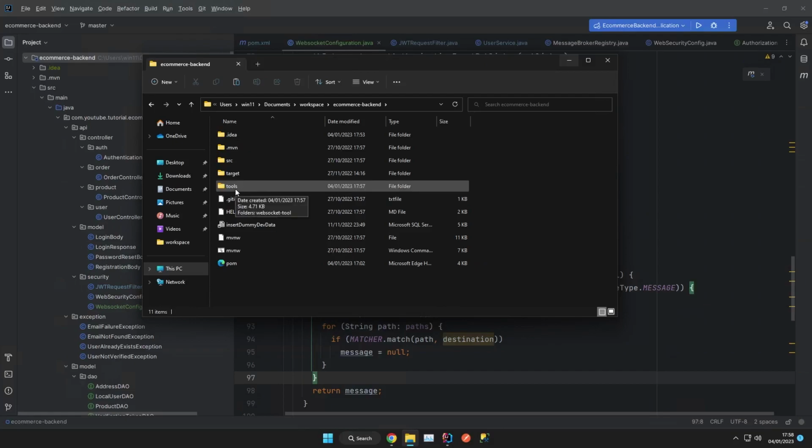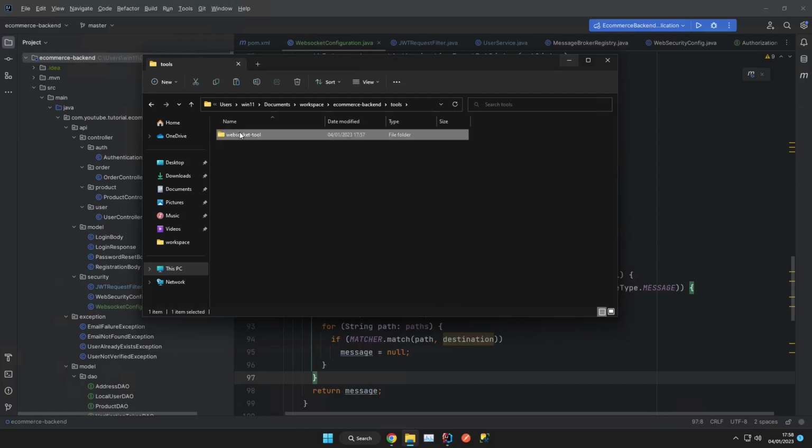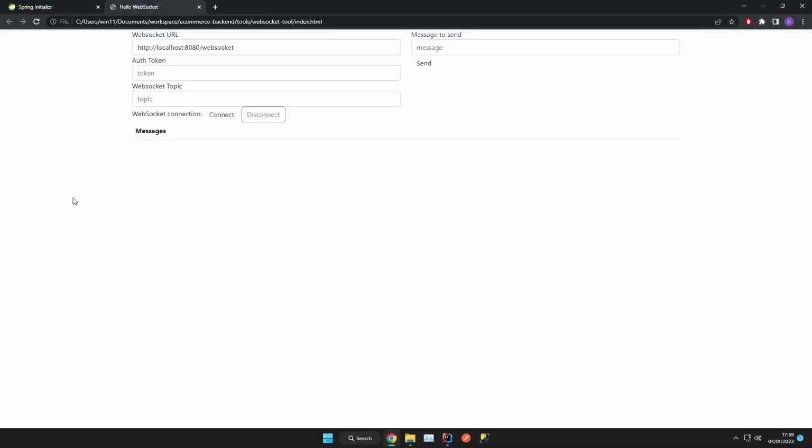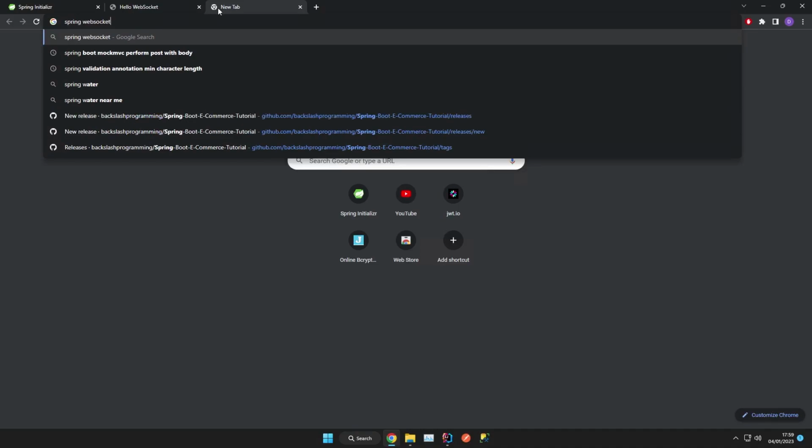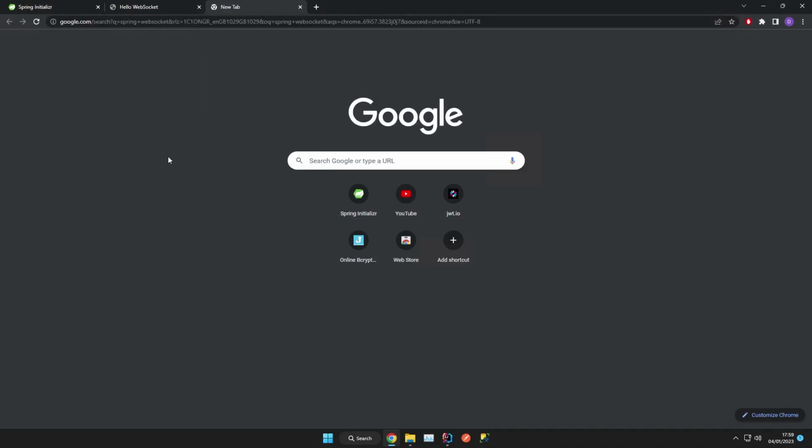You'll notice there's a new folder called Tools, and inside that is a WebSocket tool. We've got an index.html and an app.js file. If you open this up, you can see it's basically our harness for testing the WebSockets, where it builds an entire UI front end. This is kind of half stolen from the Spring docs. If you Google for Spring WebSocket,